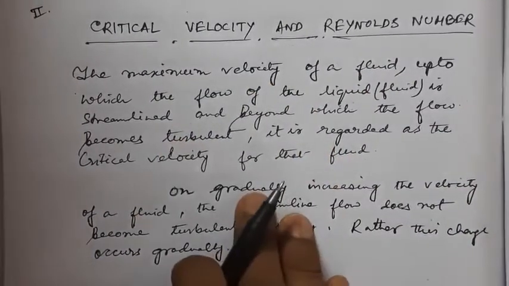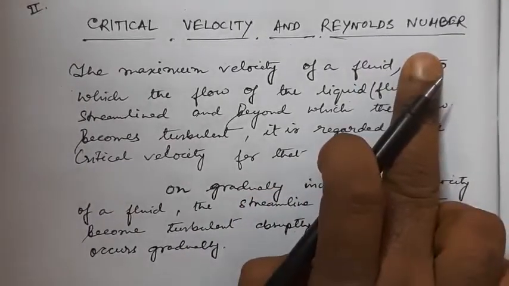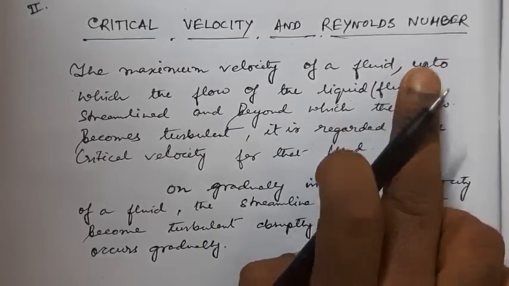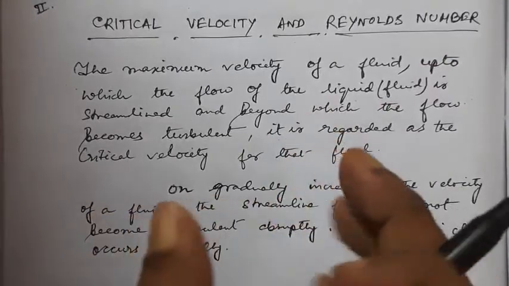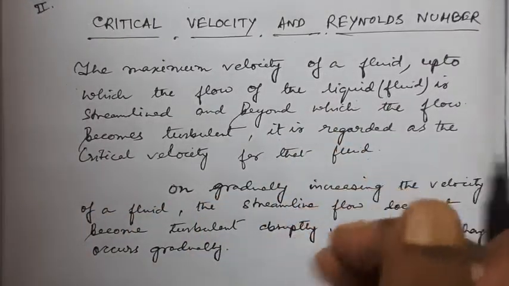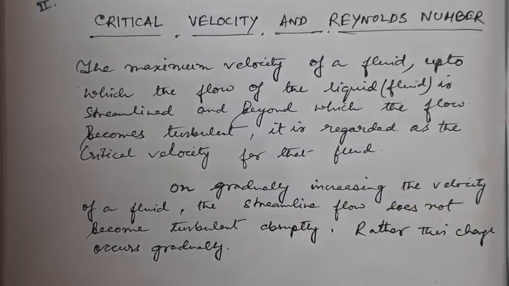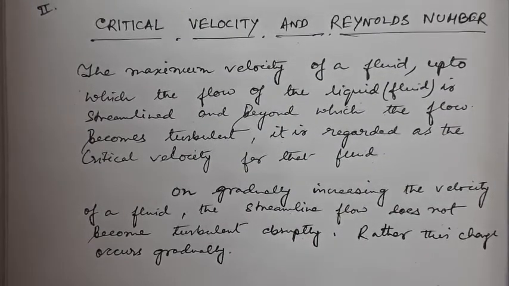We have to follow a special number called the Reynolds number to determine whether the fluid motion is streamline, semi-streamline, that means streamline mixed with turbulent, or pure turbulent. So for that we need to first understand the factors on which this critical velocity of a fluid